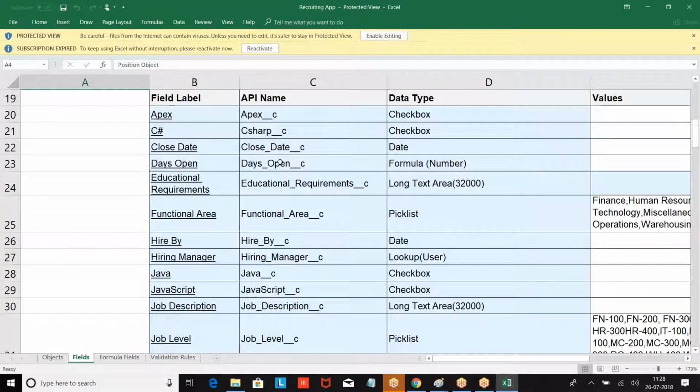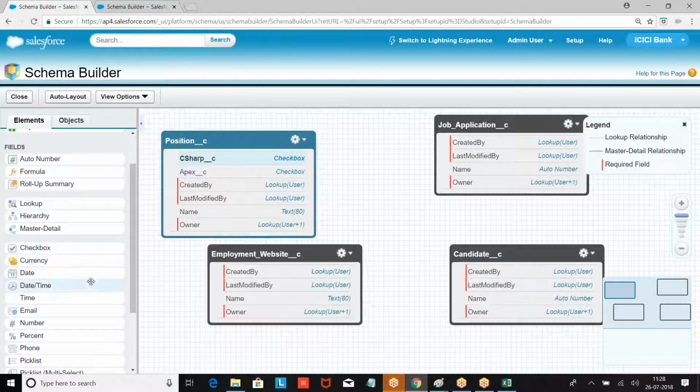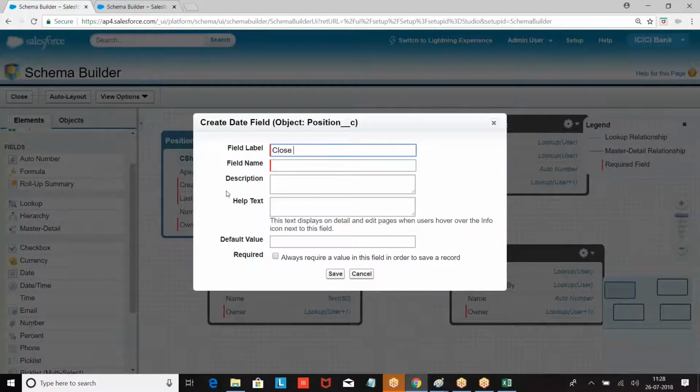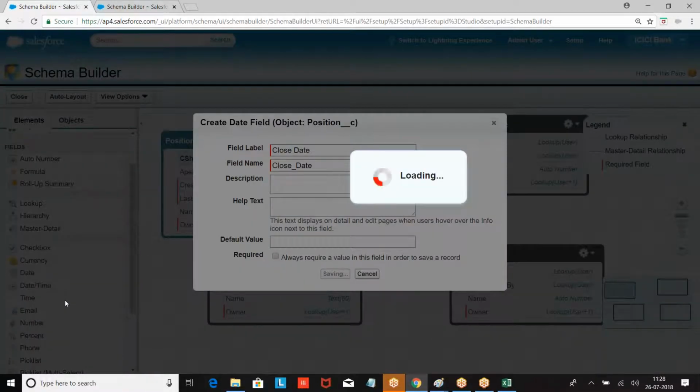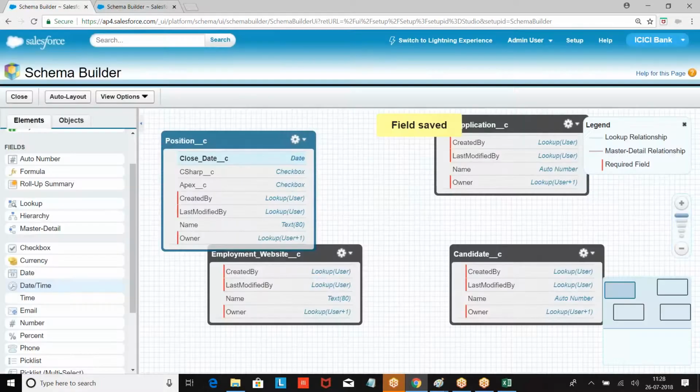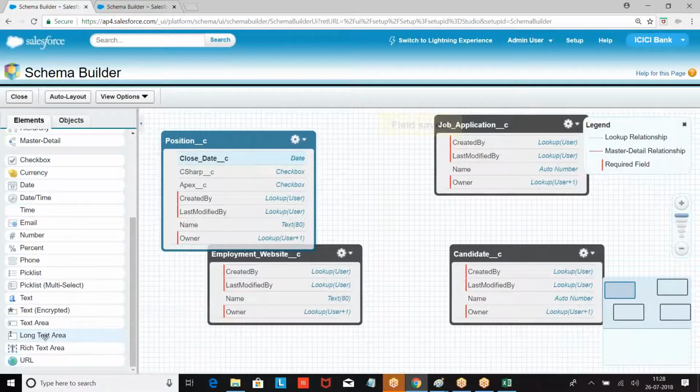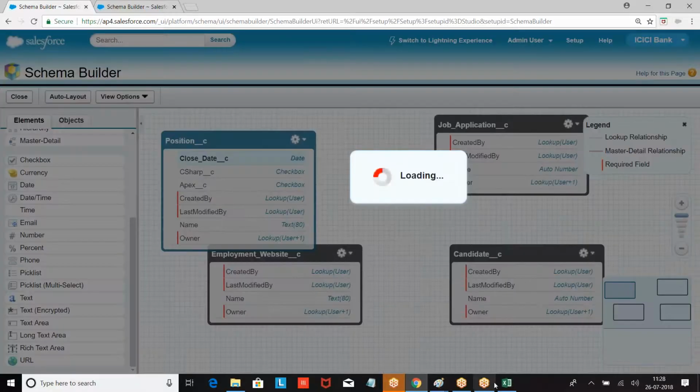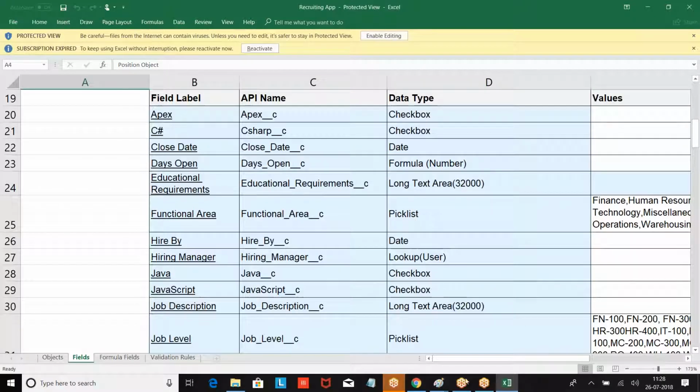Close date, days open is a formula. Now I will not be creating that. So close date. The next one, education requirement, is long text area. Then I have days open, education requirements, text area long.